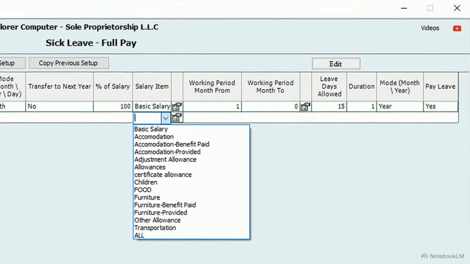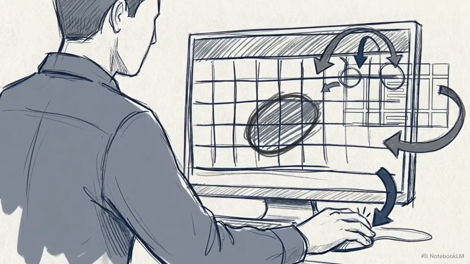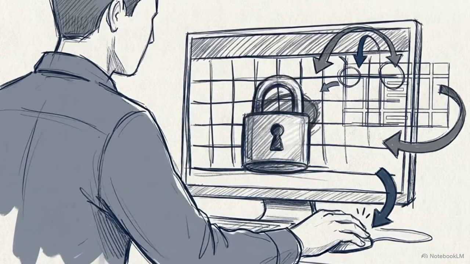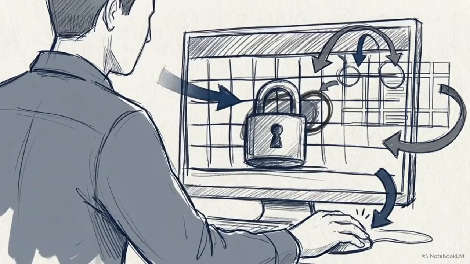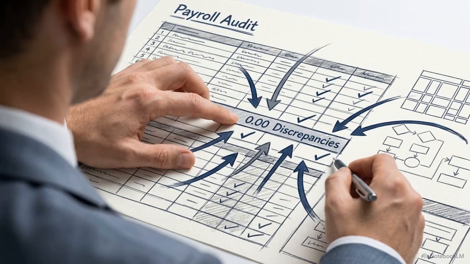With the compensation locked safely to basic salary, we set the hard limits for time away. We allocate 15 allowable leave days over a defined duration of exactly 1 year. The software relies on these exact parameters to enforce policy caps automatically, cutting off compensation the exact moment an employee exceeds their allowed time. Failing to cap these durations leaves the business entirely exposed to open-ended absences, resulting in unmanageable staffing shortages and expensive project delays. Absolute precision in the salary matrix, combined with hard duration limits, forms an impermeable defense against payroll leakage and operational